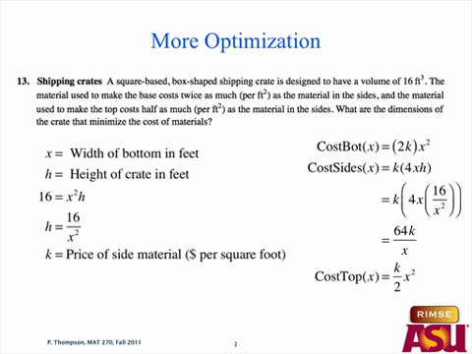But if we've got the cost of all the parts and we want to do a cost function, just add them together. So we don't want to revert back to surface area. We kind of use surface area to build those different cost pieces, right? If you build the surface area function, then it doesn't really work because different pieces cost different amounts. So that's why you build it separately and build the cost for each part,